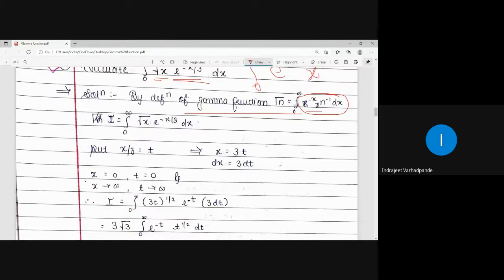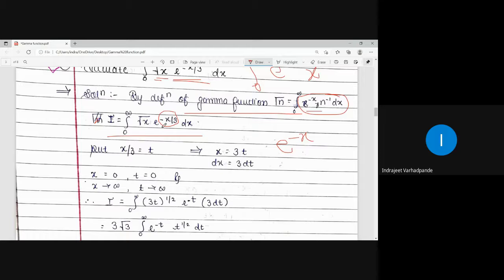So let I be equal to the original given question, integral 0 to infinity root x into e to the power minus x by 3 dx. Now I want e to the power minus x, or whatever is the variable. What is visible here? Minus x by 3. So that divide by 3 has to be removed. I have to bring it purely into the linear variable.